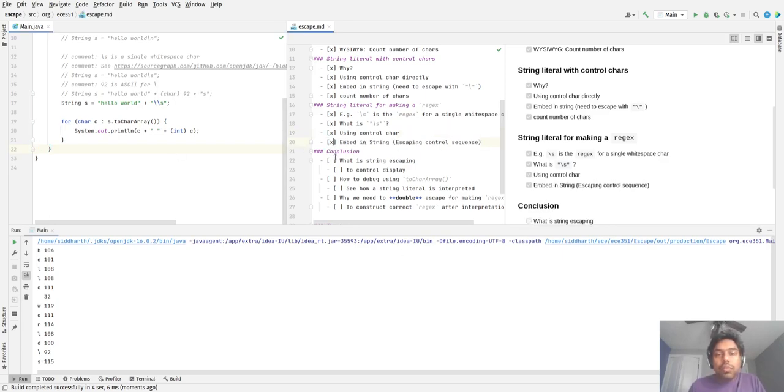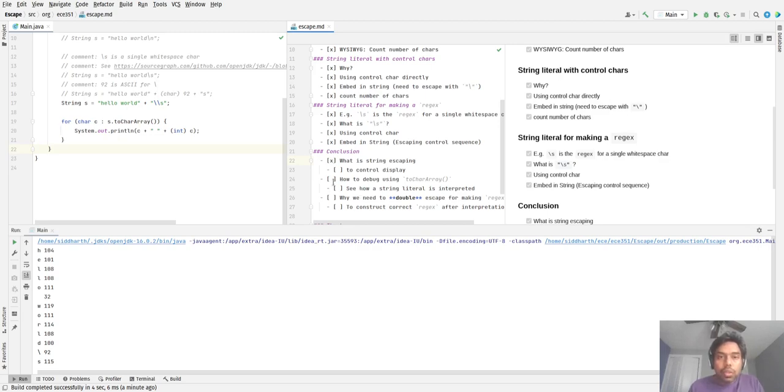So to conclude, we looked at what string escaping is, and we saw that you could control display using control sequences and escaping them when they're embedded in strings.